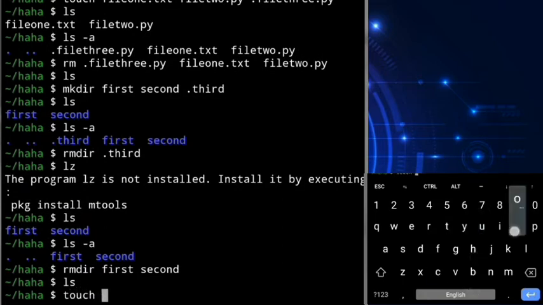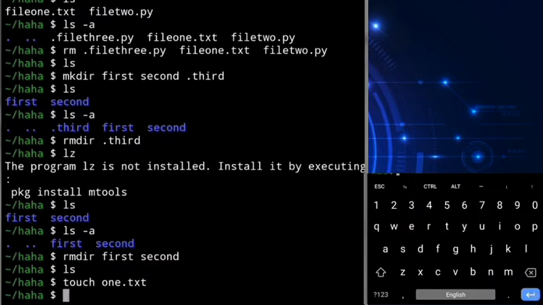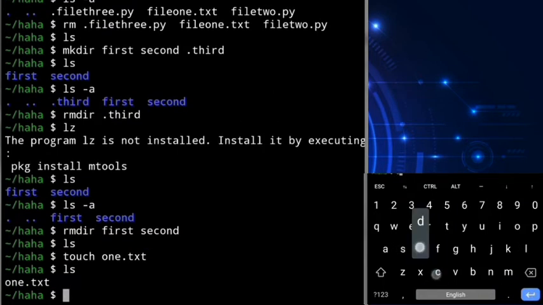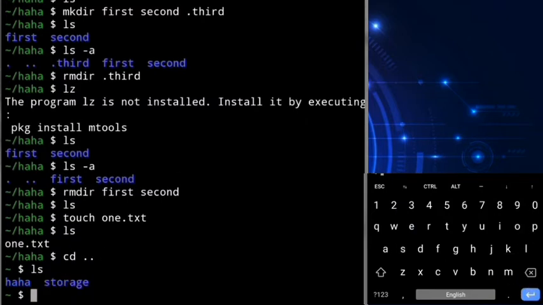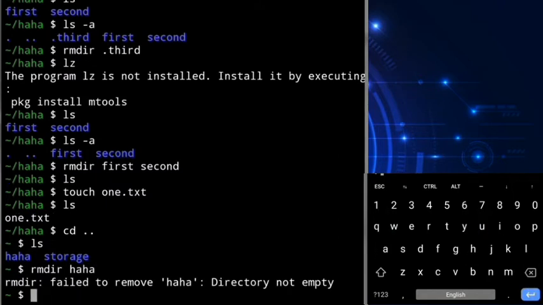Let's create one text file in this haha directory. I will name it 1.txt and then let's go one directory up by cd .. command. This will change our working directory to home because the haha directory was in home directory. Now I told you can delete directories with rmdir command, but that only applies to empty directories. If I try to delete haha directory by rmdir command, that is not an empty directory because we created a file there. It will fail and you will see the message failed to remove directory, it is not empty.